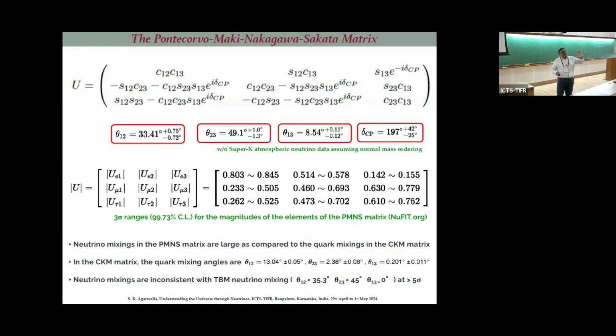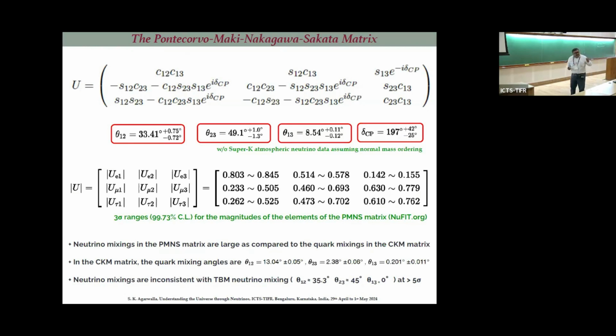And in nature, these are fixed quantities. How you parameterize them is up to you. So these are the best-fit values, with some error, that we have on these three mixing angles and on the CP phase. Just look at the numbers. These mixing angles are quite large, as compared to the CKM mixing that Rukmani was talking about yesterday. And this is the CP phase.